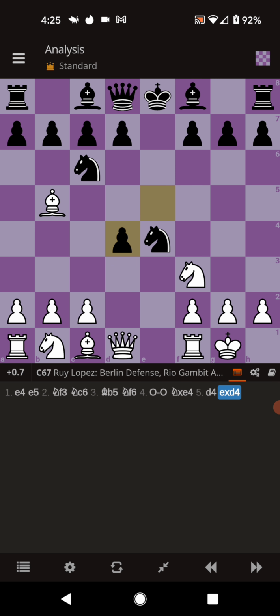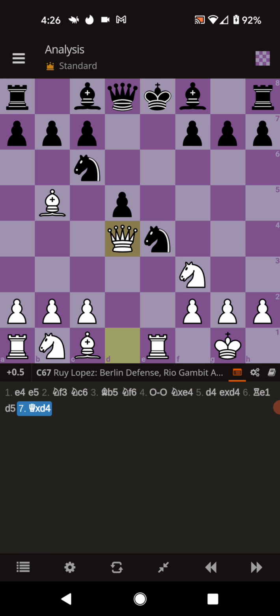E captures d, and that's when the rook comes over and attacks the knight. So the d pawn's pushed to guard the knight, and that's when the first d pawn is captured by the queen on d4. The pawn is pushed to a6, attacking the bishop, and the bishop captures the knight on c6, and the b pawn recaptures the bishop. From here,